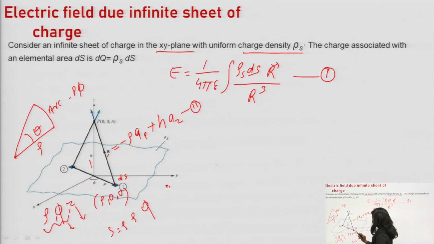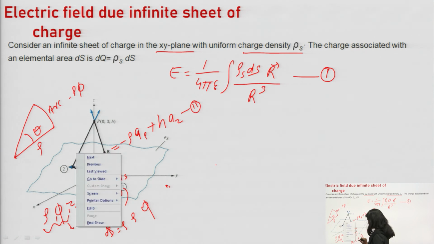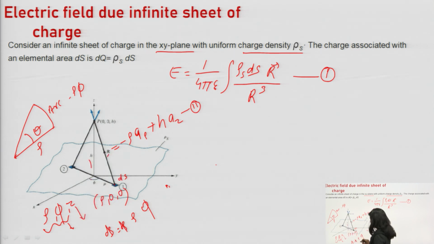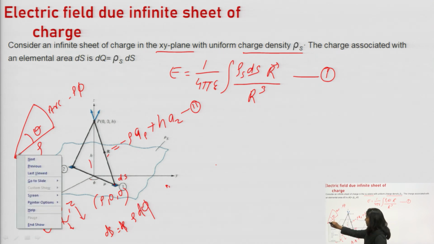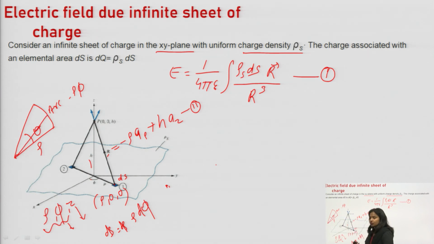But as we are dealing with differential area, that is dS, we need to take differential quantities on this side also. So, we will write d rho here and rho d phi here, meaning we are taking a small elementary part of phi in order to find a small elementary area. So, dS will be equal to rho d rho d phi. Let us call it equation 3.